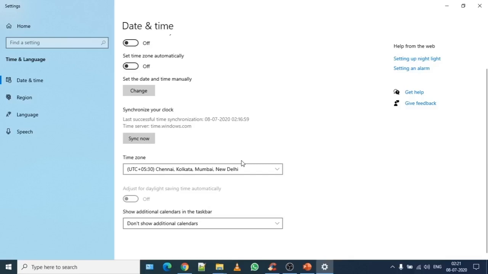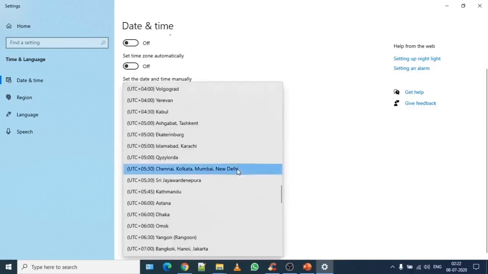We are already ahead by 5 hours and 30 minutes from universal time. So in case this time zone is set wrong, you have to click on this time zone area to find the correct time zone of India.